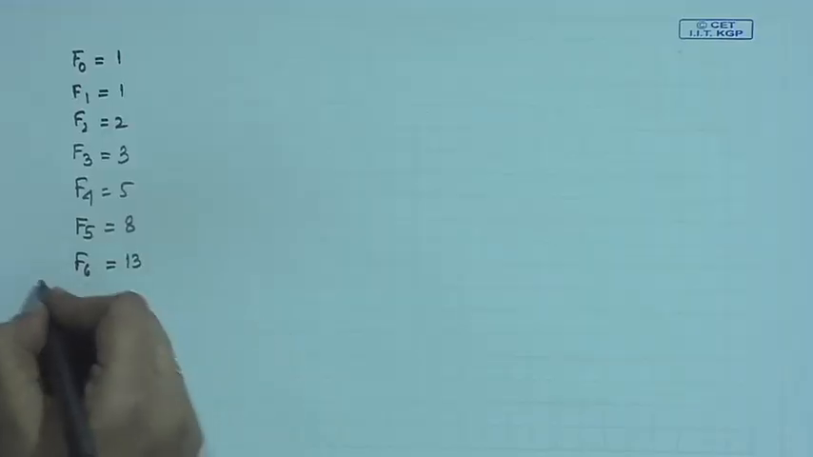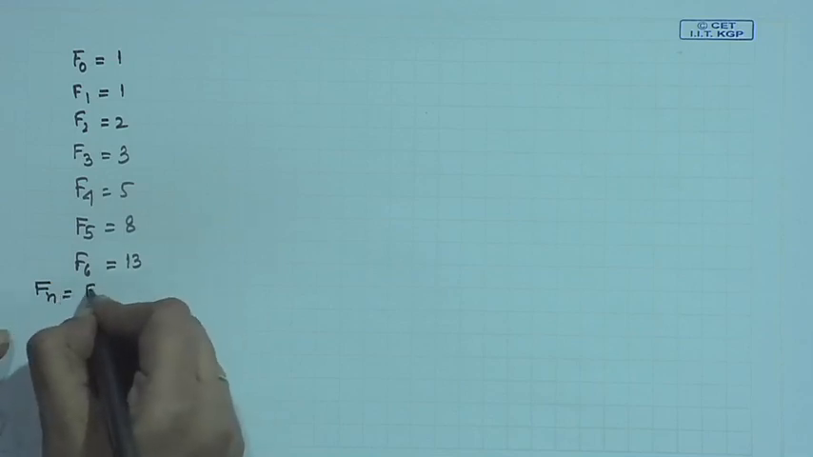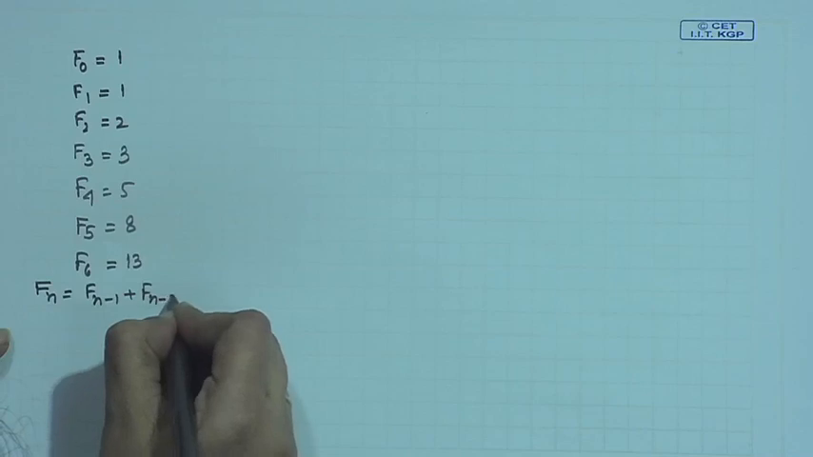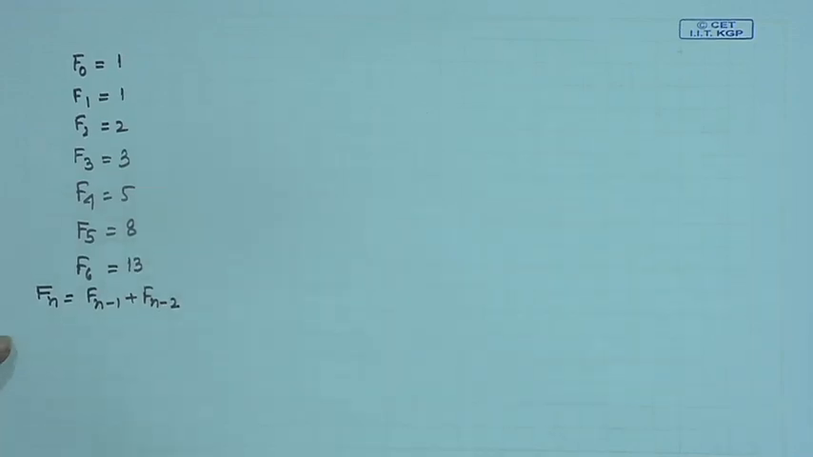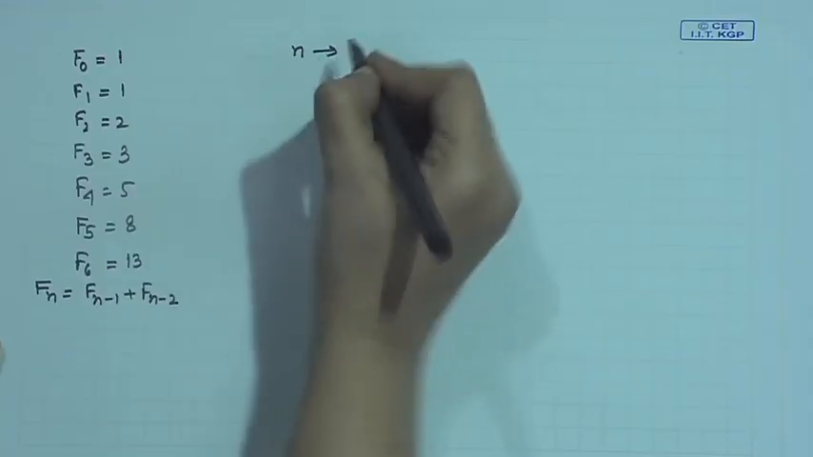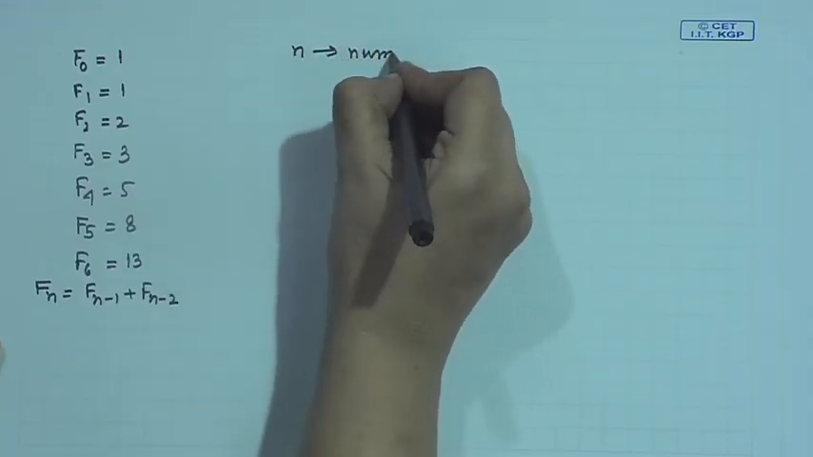And what is the understanding for the Fibonacci series? Fn is equal to Fn minus 1 plus Fn minus 2. Alright. This is the thing. Now, I am coming to the process. This is my initial interval of uncertainty. Alright. Now, the first approximation, if n is the number of experiments I need to do,